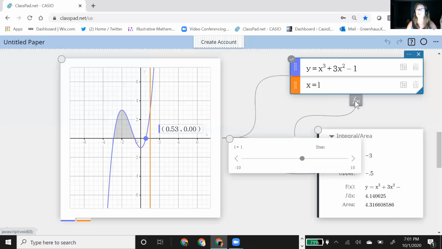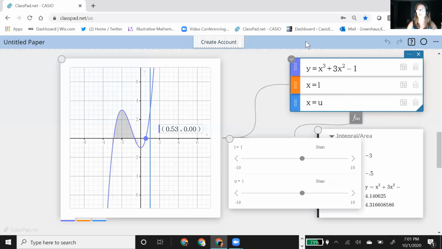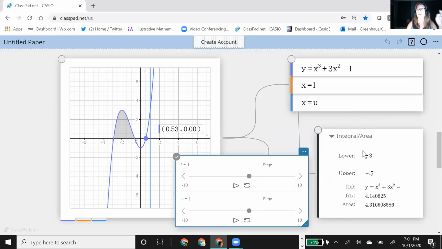Let's make a different one, and we can do a different color. And then we're going to use x equals U for upper bound, right? So I'm trying to match this. But now I have sliders that control, well, they don't control it yet because I haven't actually defined it. So these sliders are just, right now, vertical lines, and they're both on 1. That's why they don't look different.